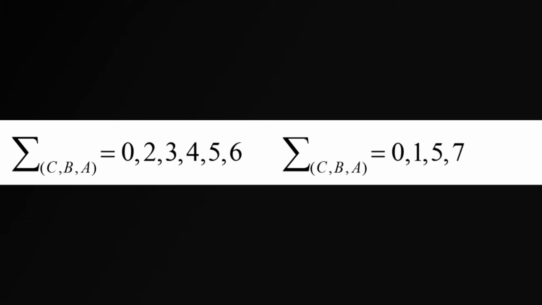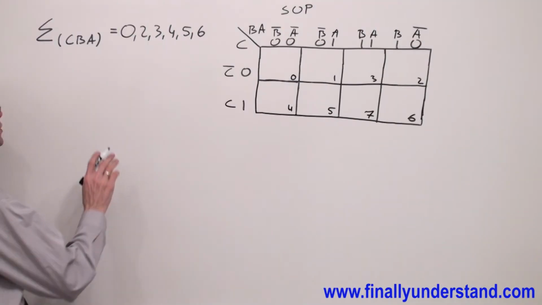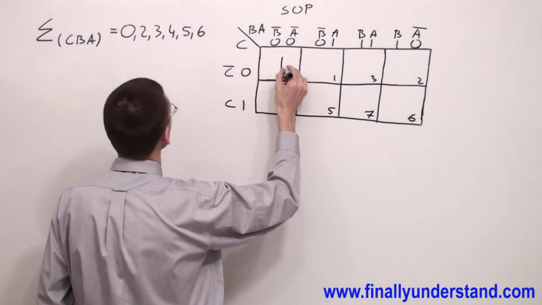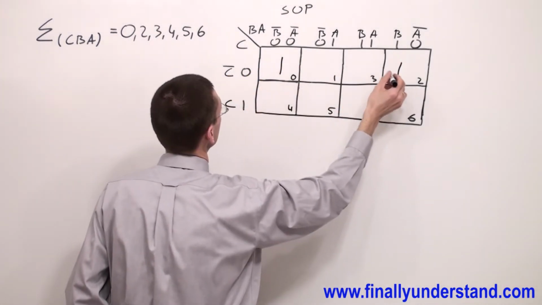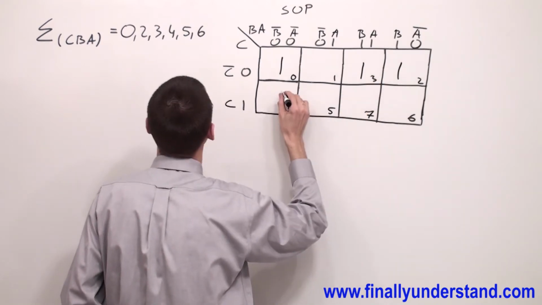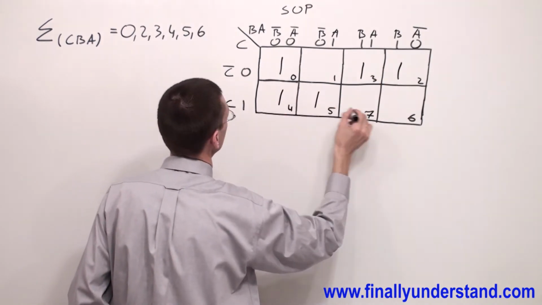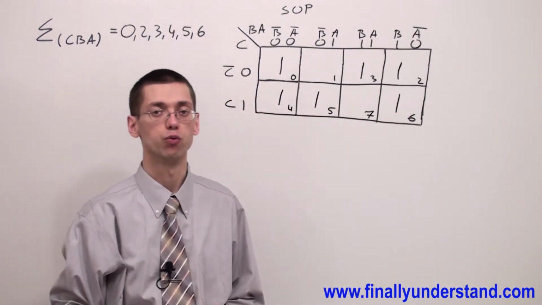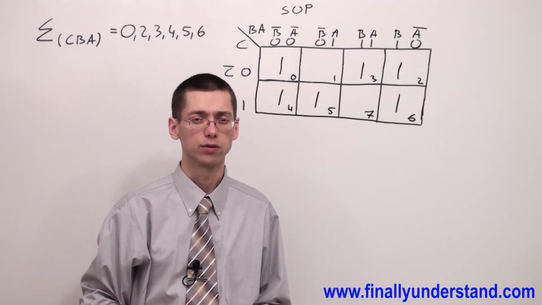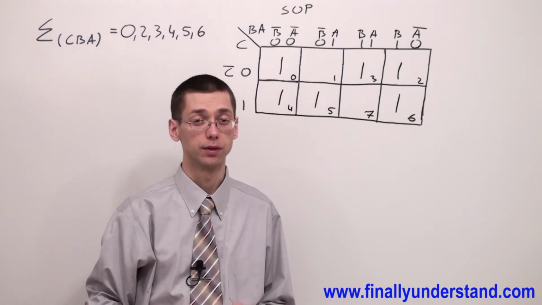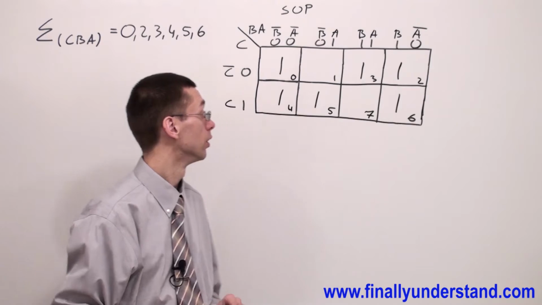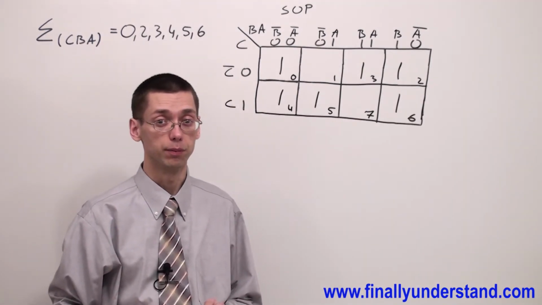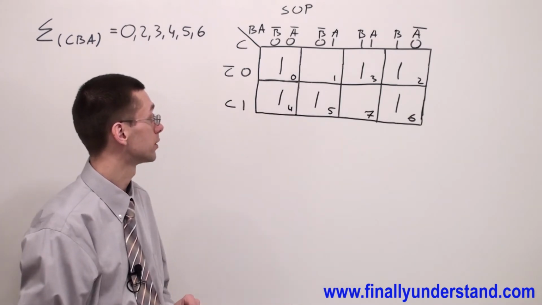Let's take a look at this example. We are going to have highs this time in the following cells: 0, 2, 3, 4, 5, and 6. Many students are confused about where they're supposed to start. Always remember that the easiest way to do it is to find the groups with the biggest amount of ones